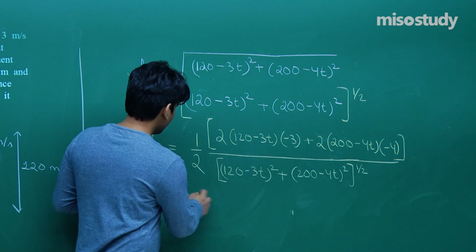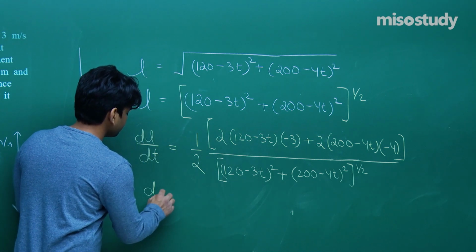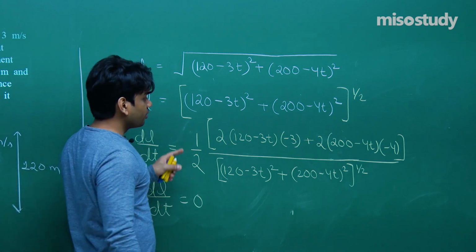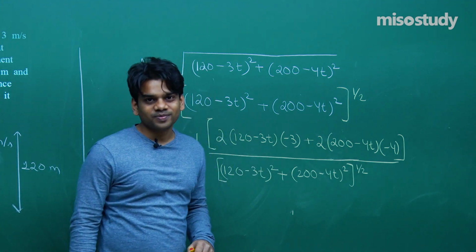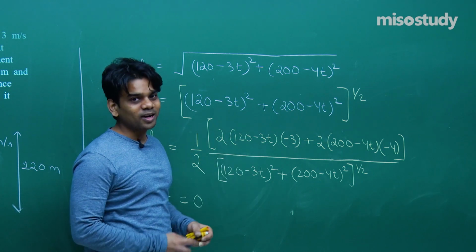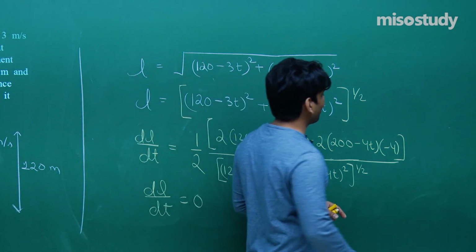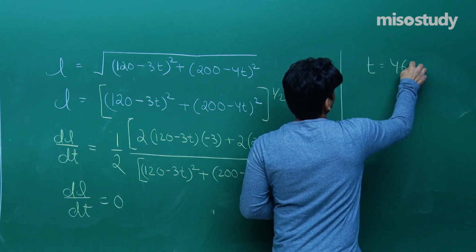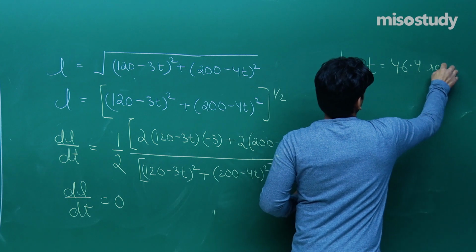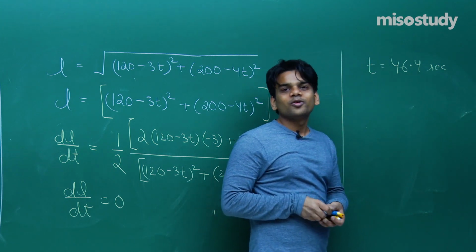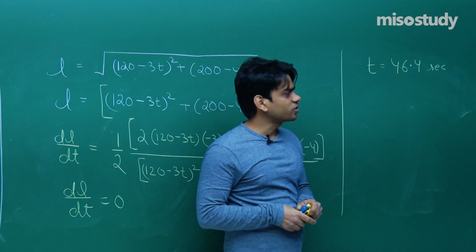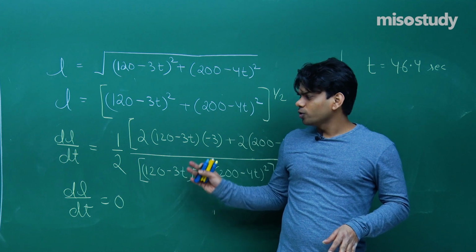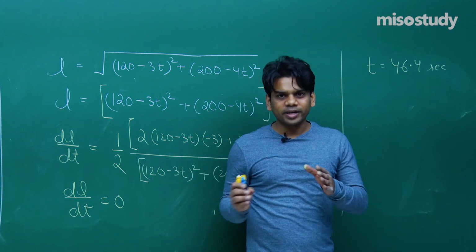So we have shown you here. If I put dL by dt equal to 0, we will get a value of t. So what do you get? First of all, you find out that value of t. Since it's only a calculation portion, I am going to write down directly the value of t. That will come out to be 46.4 second. You can find out the value of t, that will be 46.4 second. Very easily you can solve this entire equation. Put that this is equal to 0, you can get the value of t. Since it's a calculation portion, I'm leaving it up to you, you can solve it.